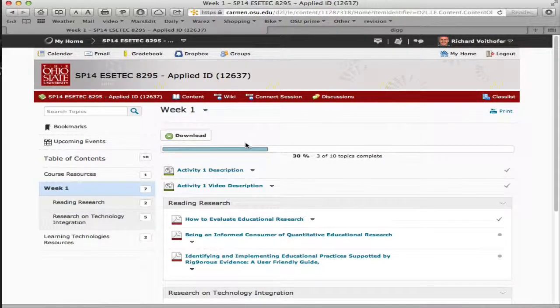So that's the content area. Again, I'm sure you're familiar with it, but I'll be activating the weeks in advance. But this week 1 activity I think will keep you busy. The first thing is due a week from Monday, Activity 1. The next thing across the top is the wiki. Activities 1 and 2 will use a course wiki, and if you look at the activity description, I should say, you'll get some instruction about how to use it, and